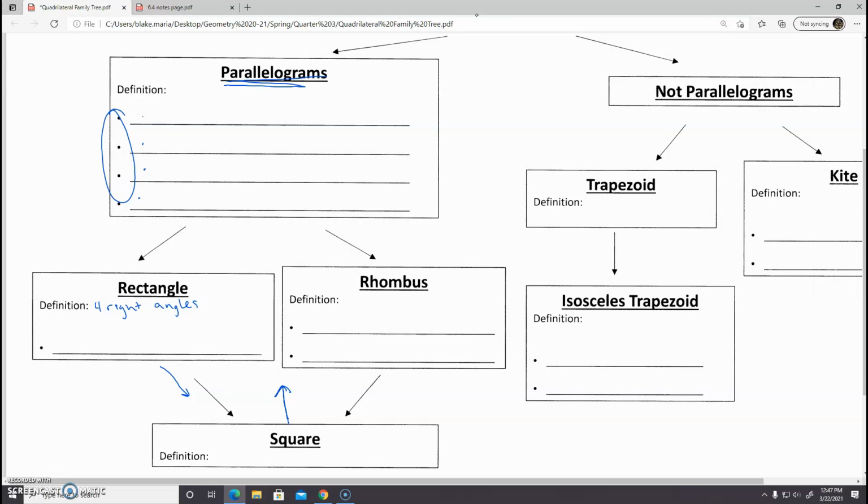So a rectangle has 4 right angles. And what's our special property about a rectangle? Our special property is that diagonals are congruent. Diagonals are congruent. Now, since a rectangle is a type of parallelogram, right? A rectangle is a type of parallelogram. You also have everything we learned about parallelograms. So in a rectangle,